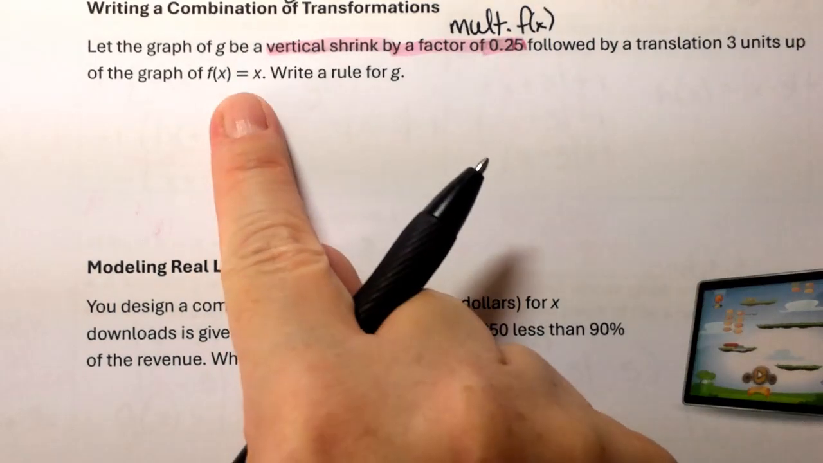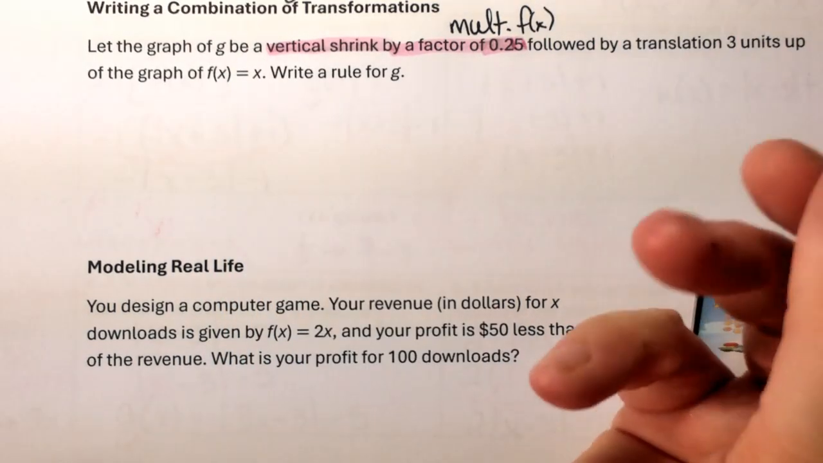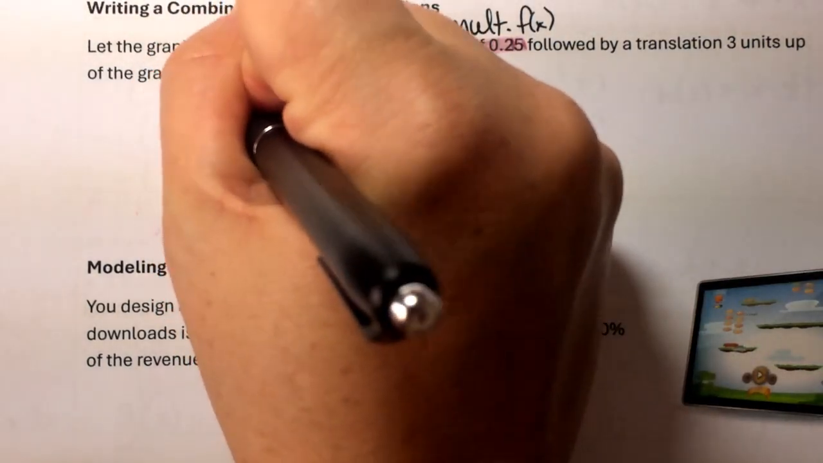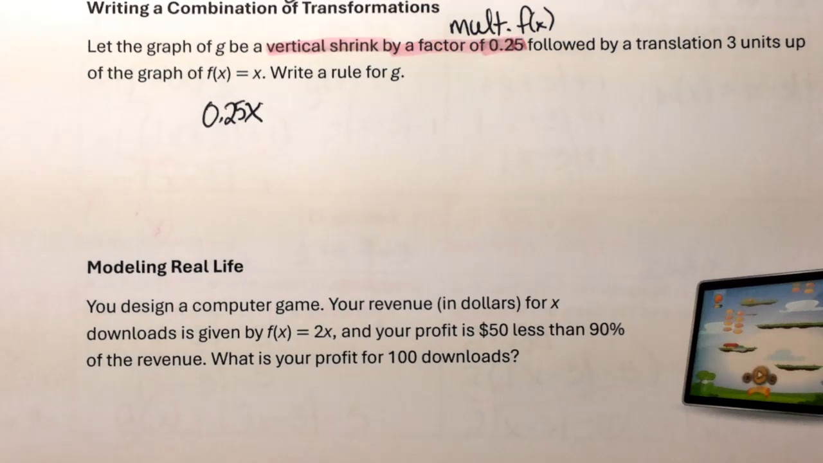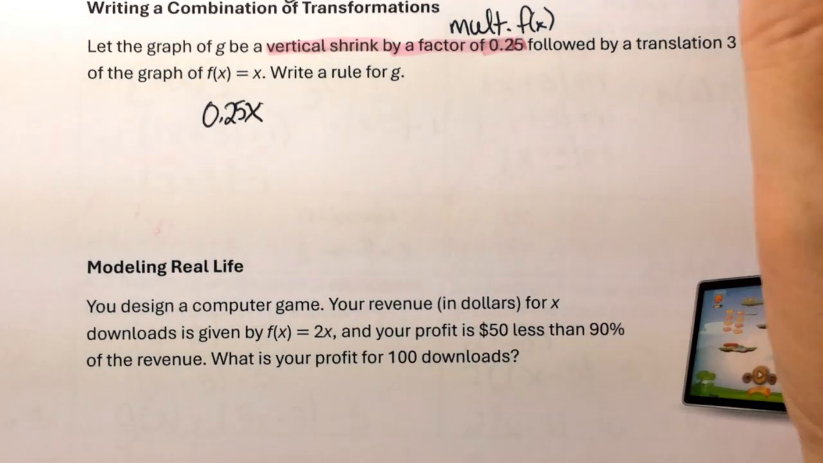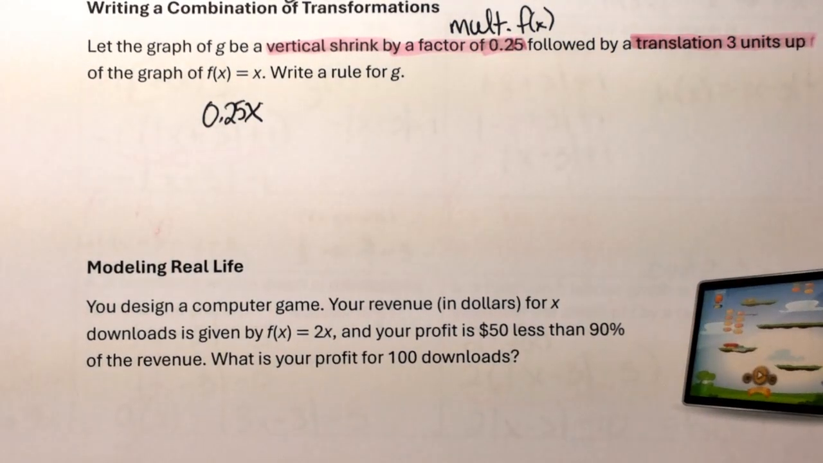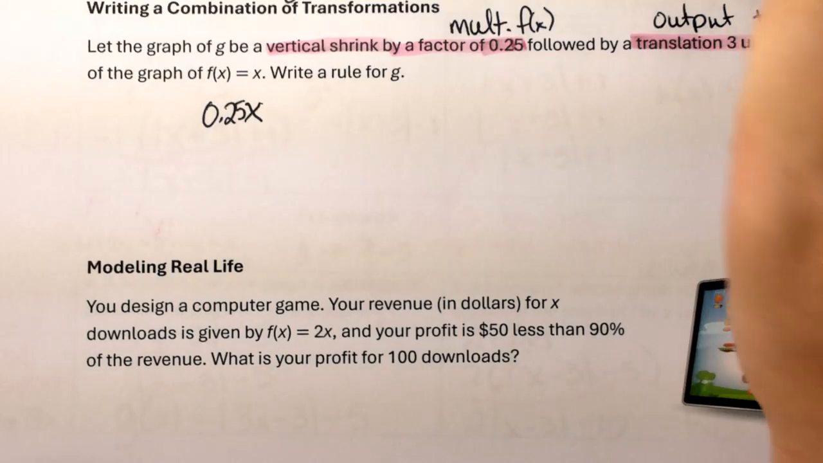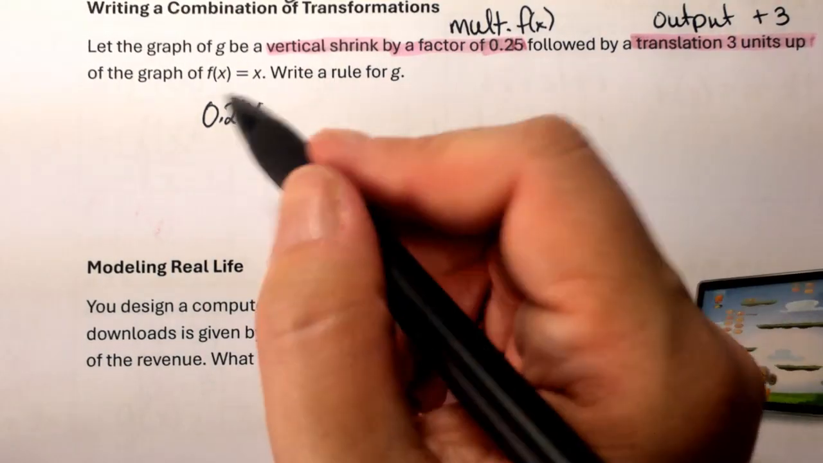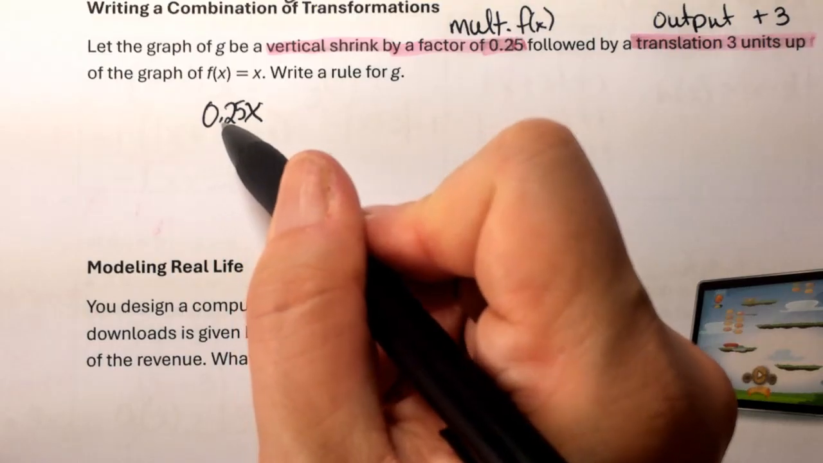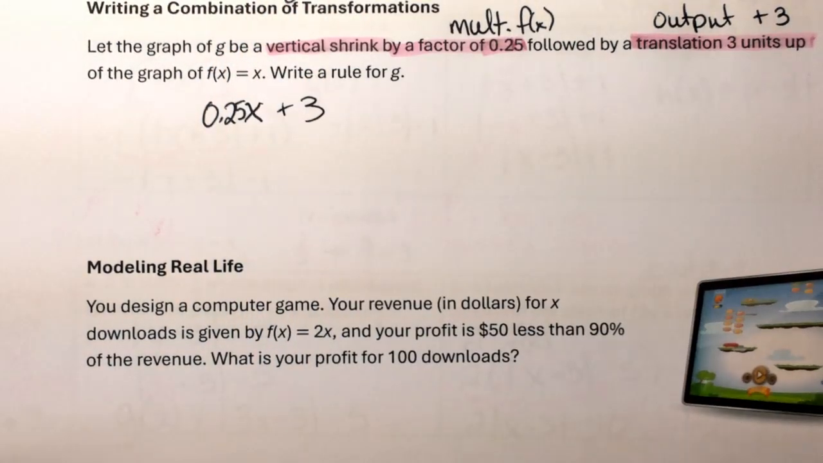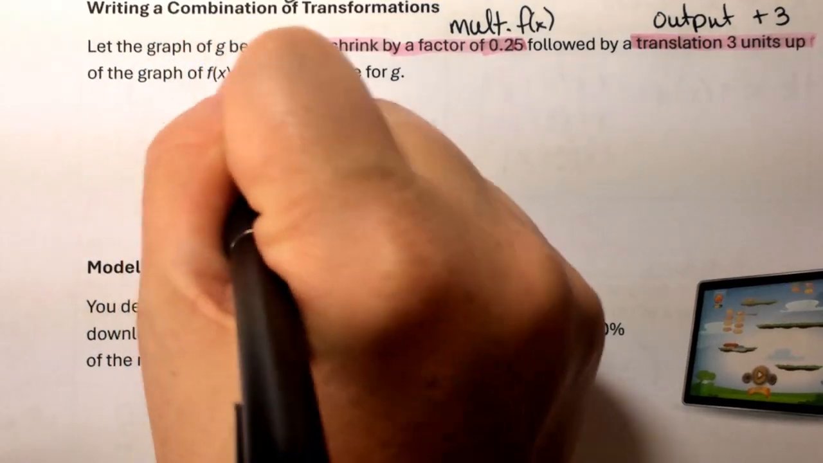Well, in this case, our f of x is just x. So we're just going to take our x and we're going to multiply 0.25. All right, so then followed by a translation 3 units up. So that also affects my output. And I'm going to add 3 because I'm going up. So now I'm going to take my whole entire function, which is the 0.25x, and I'm going to add 3. So to write it professionally, g of x is equal to